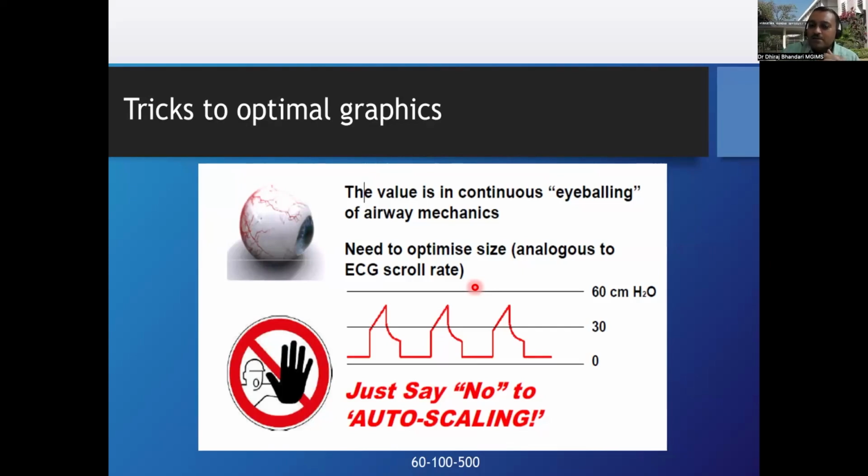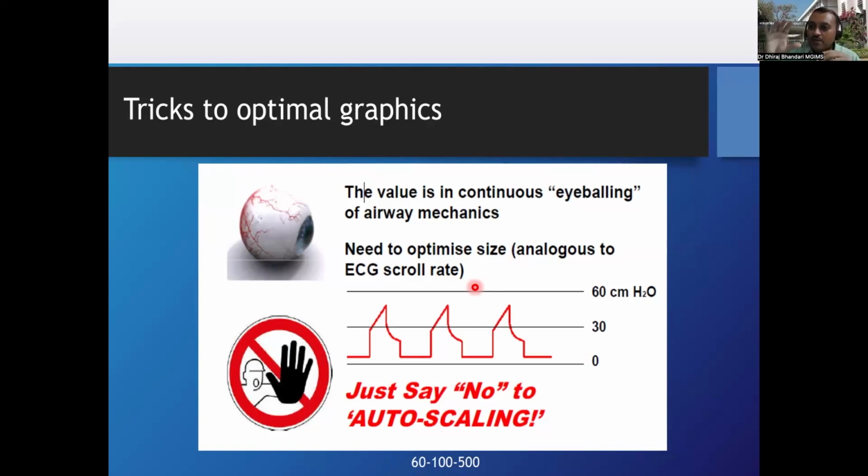Now what will happen is, if you put somebody on auto scale, you are not able to actually go to the patient every time. You are seeing from far, and from far you are not able to always make out the numbers, but you are looking at the bigger part of the screen that is covered by the waveforms. Now if it starts auto scaling on its own, you won't realize the problem at times till it is too